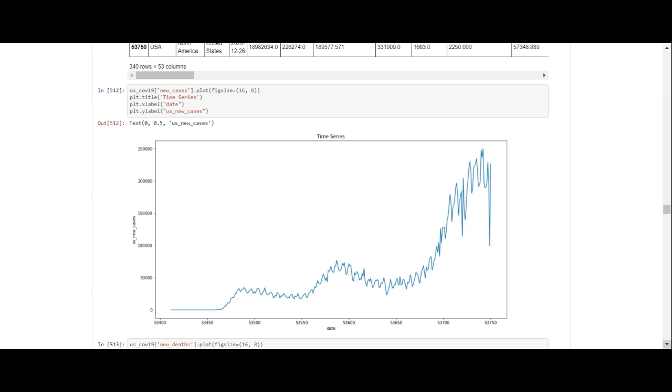Again, in the beginning in the US they didn't have a lot of cases, and then it escalated. It seems to me like the cases in the US are continuously increasing, but I think that has a lot to do with the fact that more people are being tested.